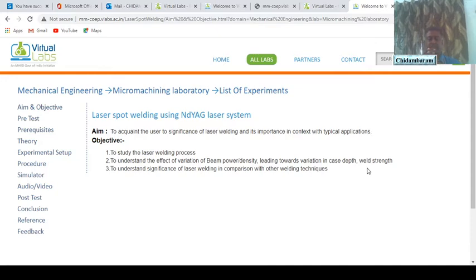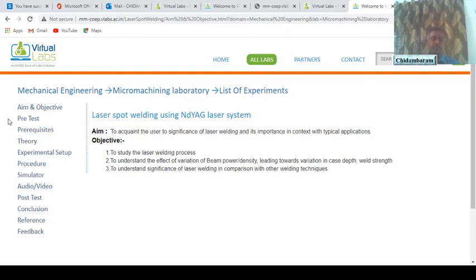What is the power carried by the laser beam? By varying the power, we obtain the depth of penetration of the weld and the strength of the weld. And to understand the significance of laser welding in comparison with other welding techniques. These are the objectives to meet our aim.